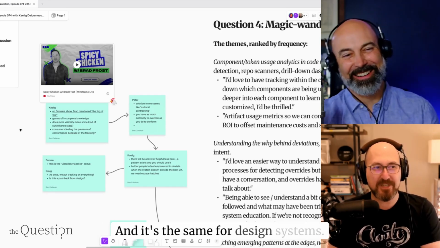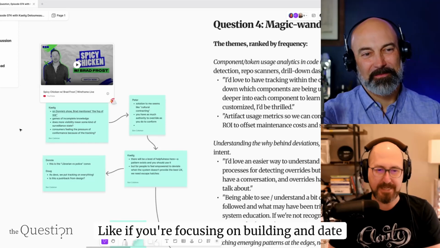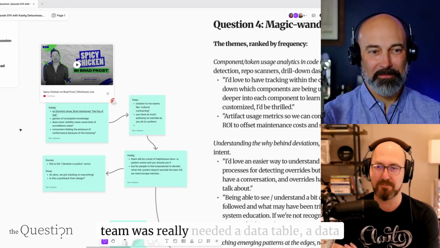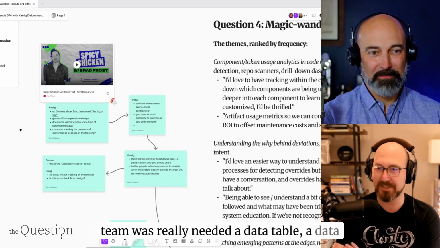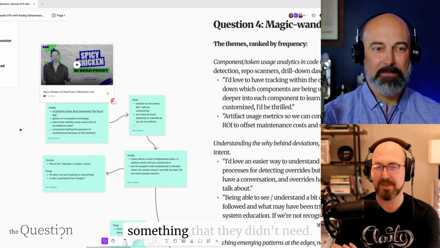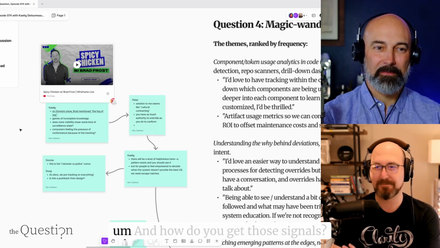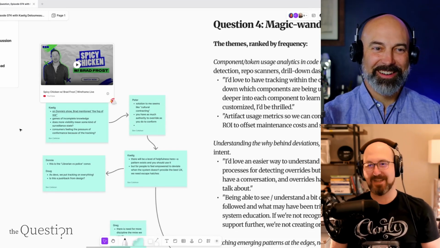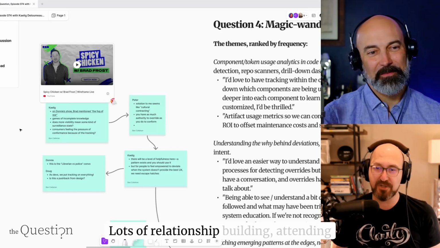And it's the same for design systems. If you're focusing on building a date picker and this other team really needed a data table, a data grid. Yeah. You spent weeks and so many cycles building something that they didn't need. Yeah. And how do you get those signals? How do I get those signals? Lots of relationship building,